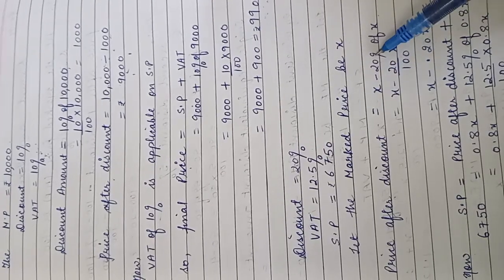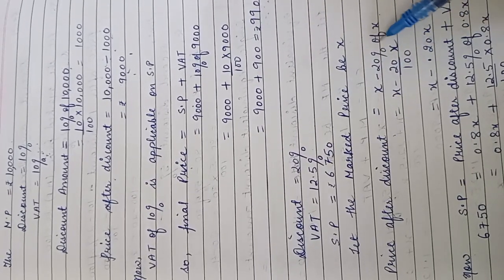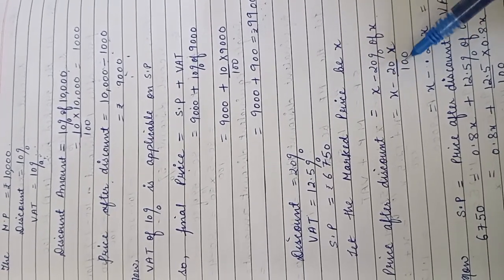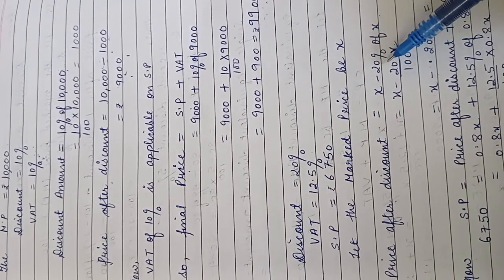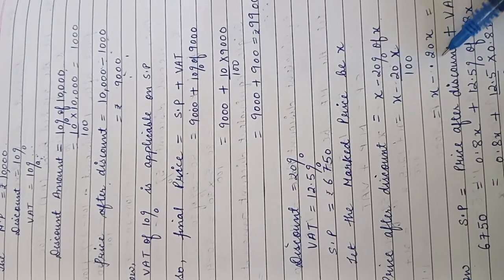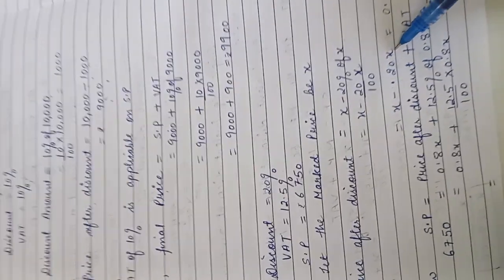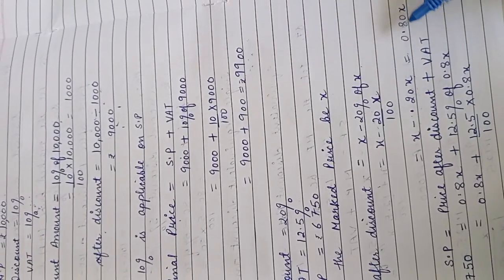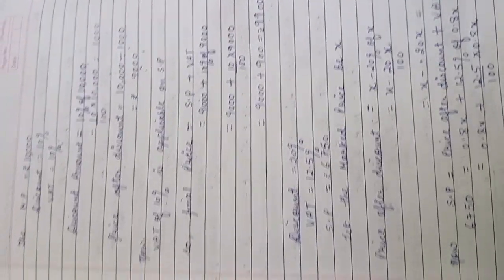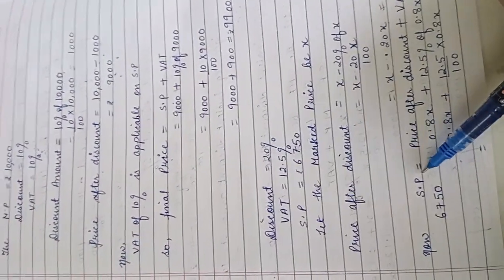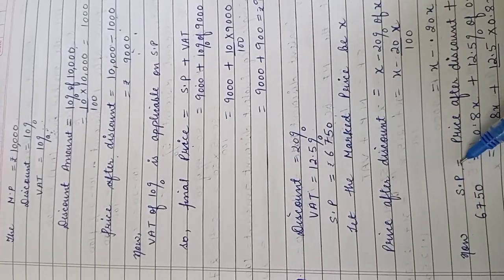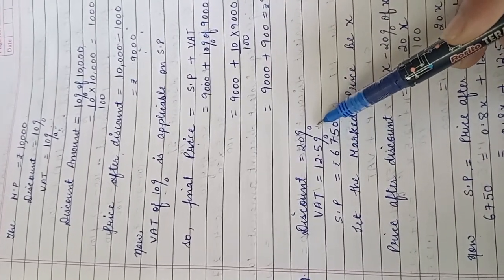x minus 20 divided by 100 multiply by x. That will be x minus decimals. So this will be again 0.20x. Then which is equal to, after subtracting these two terms, we will get 0.8x. Now they have given us the selling price, that is 6,750. How do we have to find the selling price? Since they have given the tax also. So the price after the discount, that is rupees